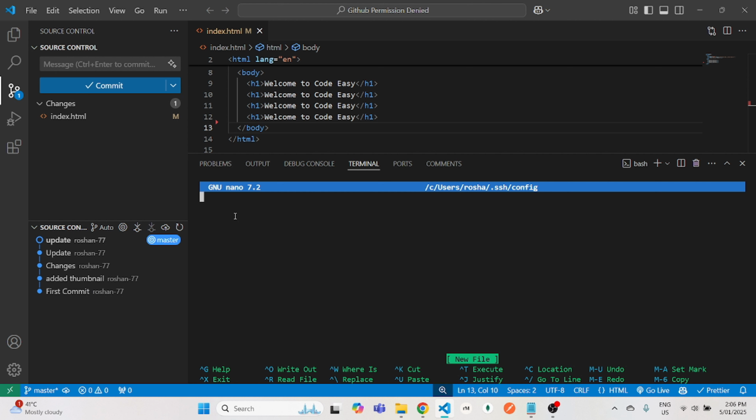After that, we have User, which will be git, and IdentityFile. And that identity file will be the file path for the key that you created. In my case, it will be Users/.ssh